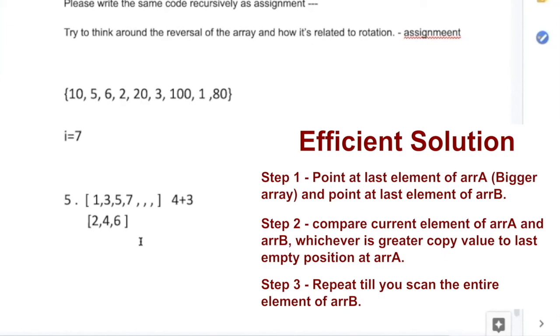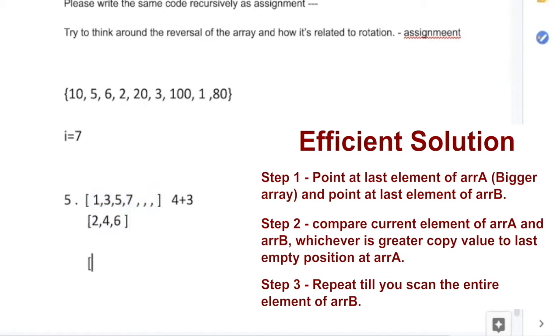But now the problem here is that you are not allowed to use any additional array to do the merging, because my first array already has enough space to accommodate the elements from the second array. So the first array has space of 7, but it has only 4 elements, and the second array has 3 elements. So you don't have to use any extra space, and you have to somehow put this into the first array in such a way that the array is sorted.